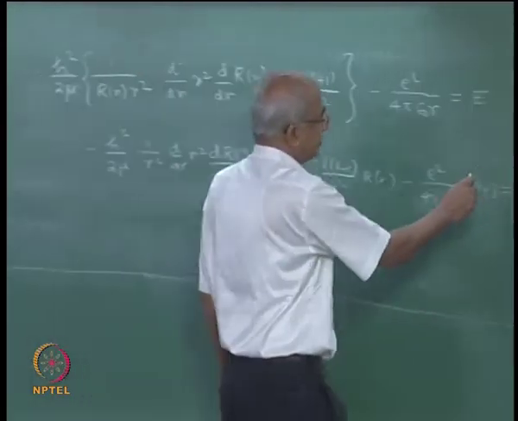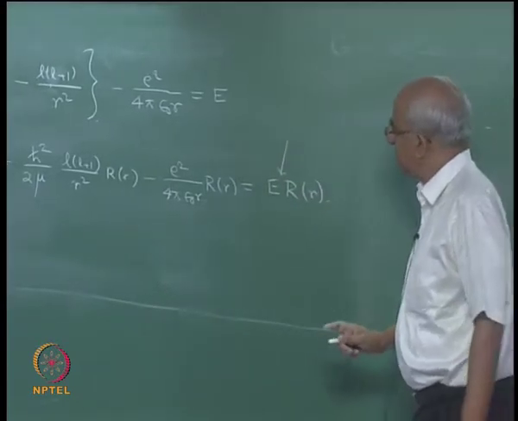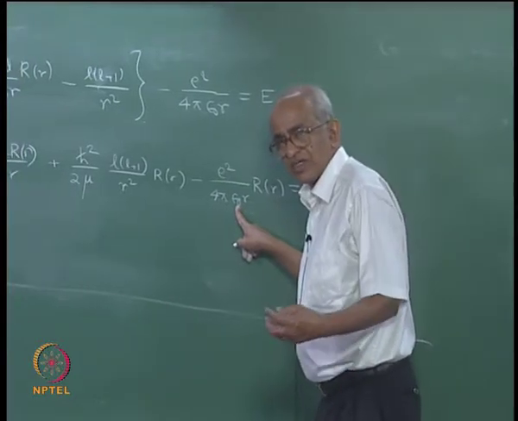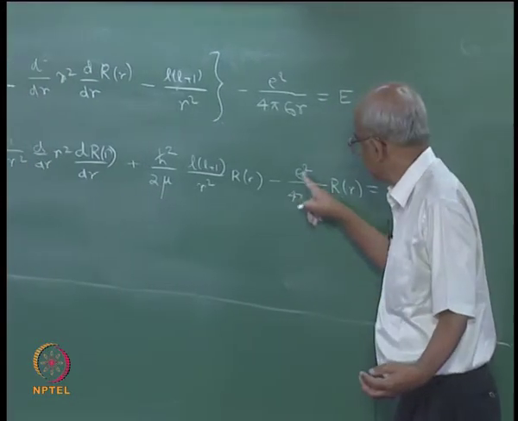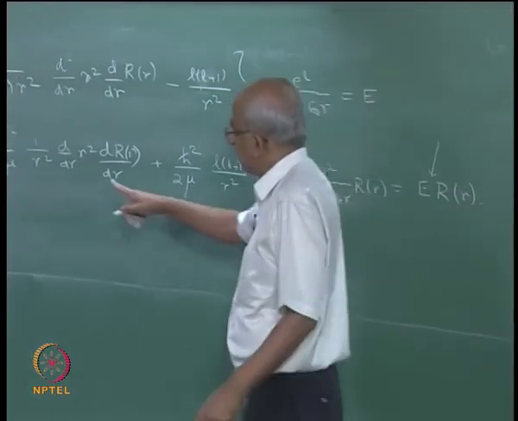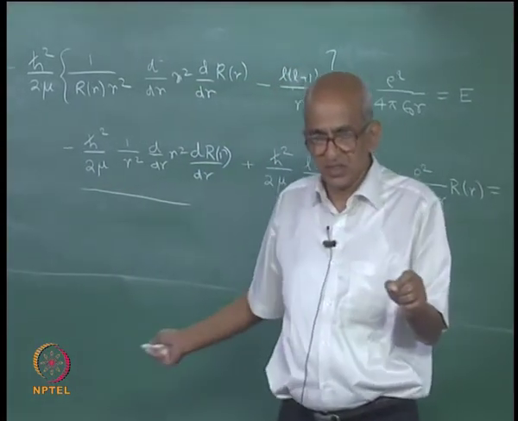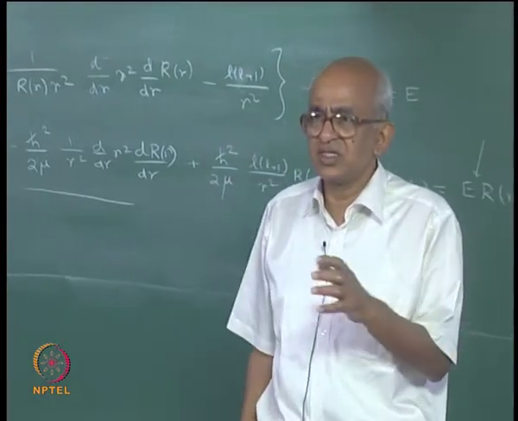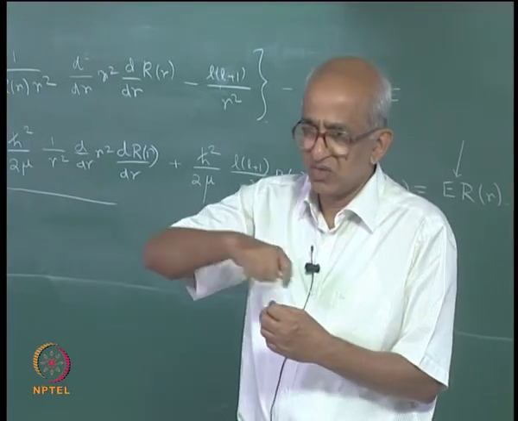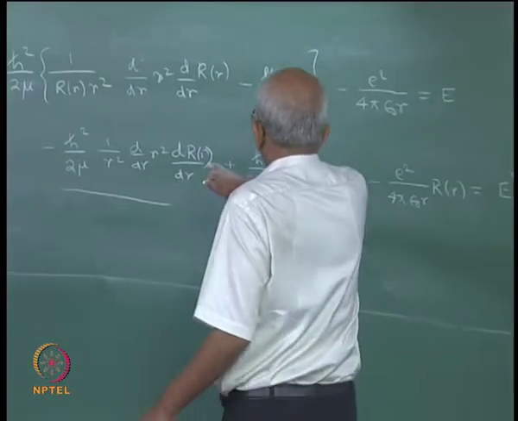Here is the total energy of the electron, remember E is the total energy. What is this term? This term is the potential energy because of its interaction with the nucleus, minus e square by 4 pi epsilon 0 r. And this term is coming from kinetic energy for radial motion. Remember, this equation is a Schrodinger equation which describes the radial motion, how the distance of the electron varies from the nucleus. That is what this equation describes, and this is definitely coming from kinetic energy.